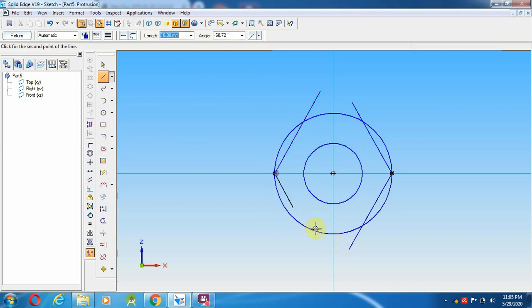So I am going to give here an angle of 120, but I am moving the cursor towards the downside.